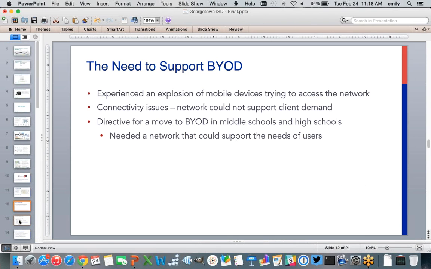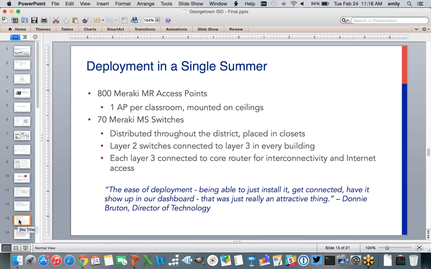Fantastic. That's a great story. So we want to kind of pivot a little bit and talk about your deployment. Can you sort of tell us how this process worked for you? Like, how long did the deployment take? What did you end up deploying? How easy or hard was it to get set up?